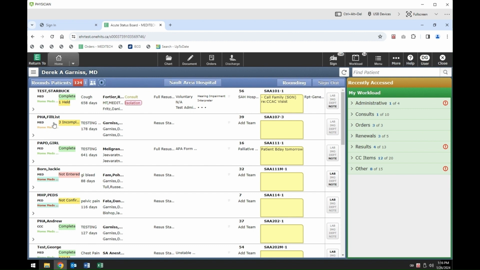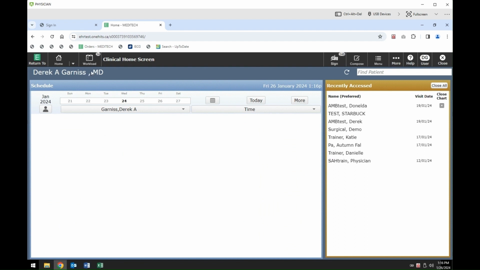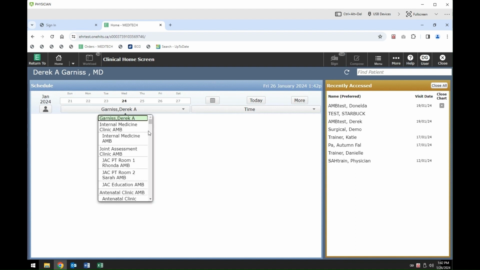We're going to navigate back to WebAmbulatory. We're going to select the Home button in the navigation bar, selecting the drop-down arrow, and selecting Ambulatory Clinical Home. This will bring us to the Clinical Home screen where we're going to see a list of our scheduled patients for the clinic. If you do not see your clinic listed in the schedule when you go into WebAmbulatory, you can select it by choosing the clinic box that you see here and scrolling down to the particular clinic that